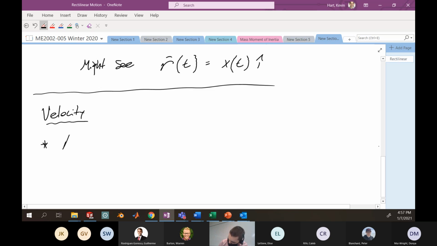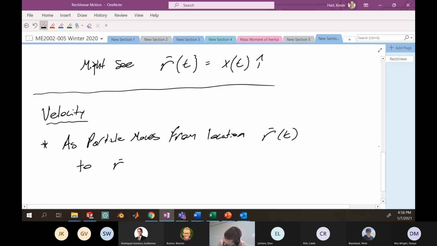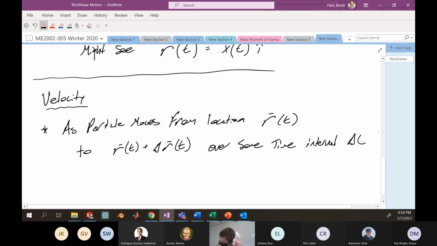So as a particle moves from location r as a function of t, my position, to r of t plus delta r of t, over some time interval delta t,